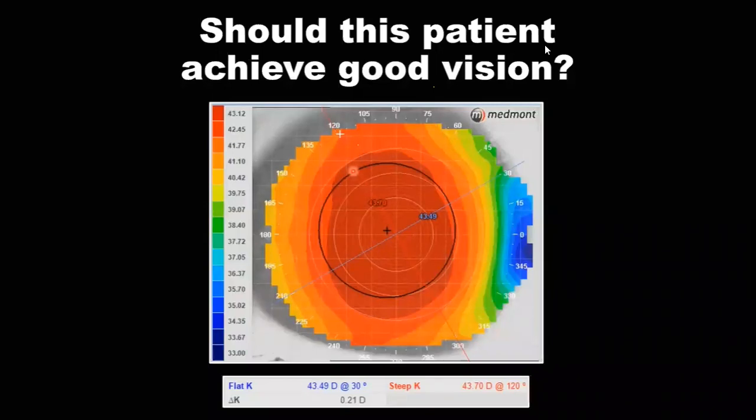This is my question. Who wants to answer? If he would be having good vision, why? If he would not be having good vision, then why not? Before answering the question, what kind of cornea is this? What information are you getting about the corneal shape? Sir, it is steeper. Steeper. So why are you saying the cornea is steeper? This cornea is not steeper. That's why I have told you that you also have to look at this scale.